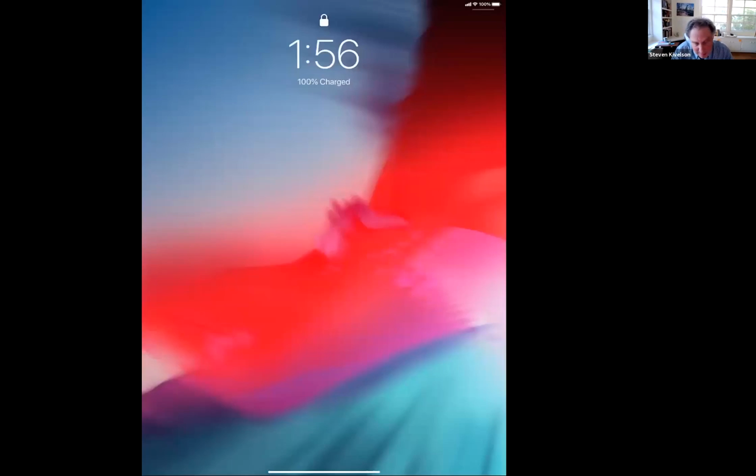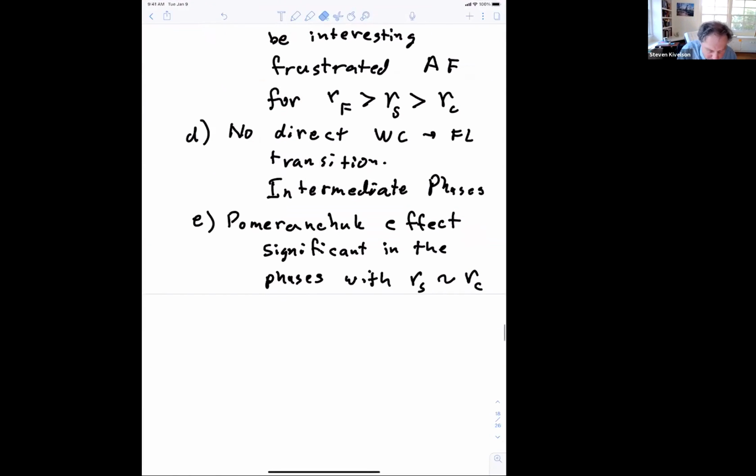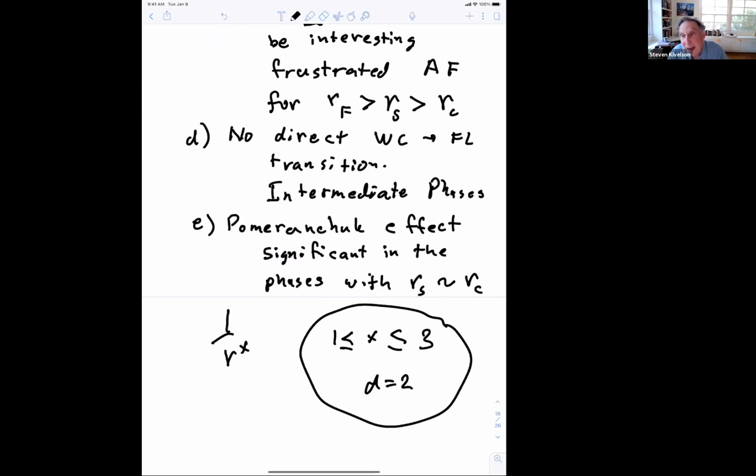And our proof applies if you have 1 over r to the x, and actually there are versions of the proof that work for all x in the range between 2 and 3 in d equals 2. So it's for any density driven transition, and as long as there are interactions that are long range by this definition. Right, so the conclusion is that you have to